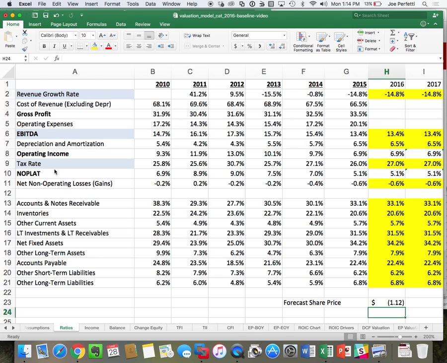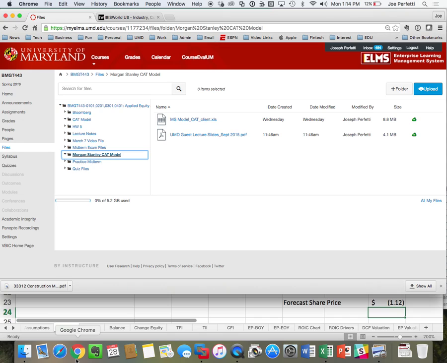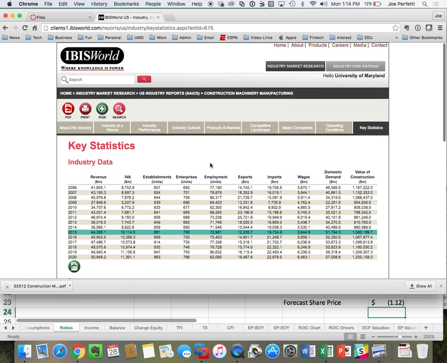Now, here's another thing that we can do. At a minimum, when you do your EICs, I don't expect you in the next 30 days to do what Morgan Stanley would do. You just don't have the resources and money to invest in that. However, one thing we do have at Smith, if you go to VBIC, is IBISWorld. I put the IBISWorld report in the CAT folder, but basically if you go to the IBISWorld report for Caterpillar, which is the industry they're in, construction equipment, at least in the US,